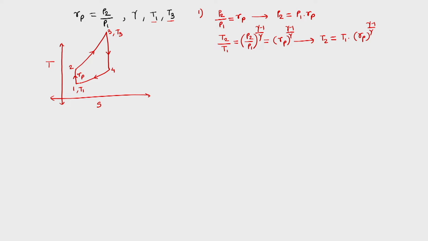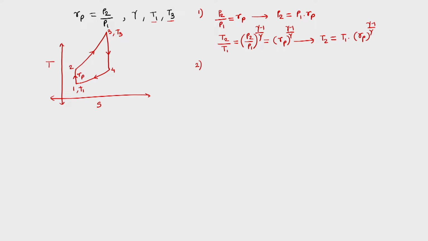One point should be noted: Rp is the pressure ratio of the cycle, P2 by P1. P2 is the pressure after compression, and P1 is the pressure at the inlet of the compressor. So P2 is always greater than P1, so Rp is greater than 1. Since Rp is greater than 1, P2 is higher, and T2 will be higher than T1. Then at point